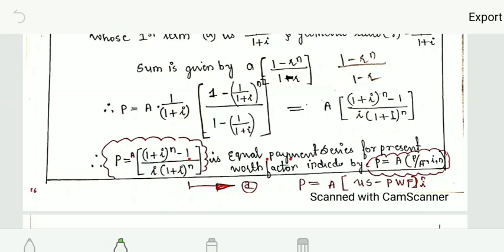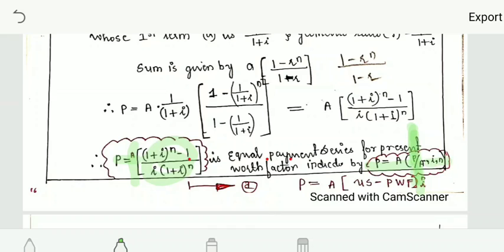You are finding out the present worth of the amount that is already known to you, so you are multiplying, and this is your multiplying factor. Here again you are finding out the present worth of the amount that is already known to you, so it is like P by A. Why? Because you are finding present worth for the amount that is already given, I comma n. This is from the table, and this is the formula, 1 plus I raised to n minus 1 divided by I into 1 plus I raised to n.